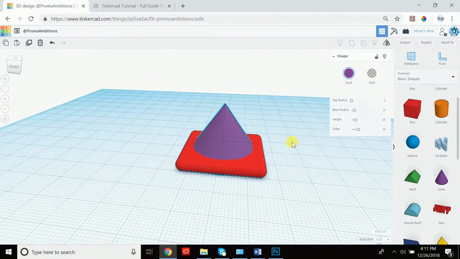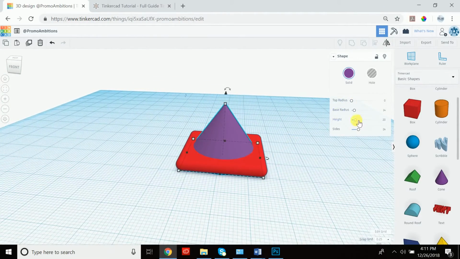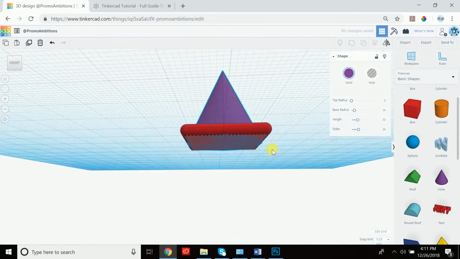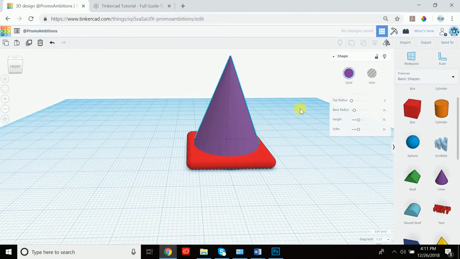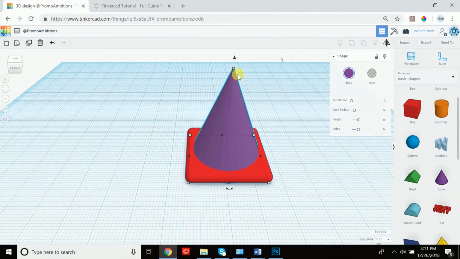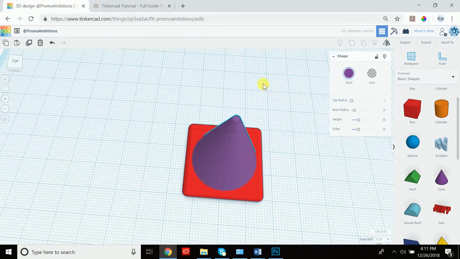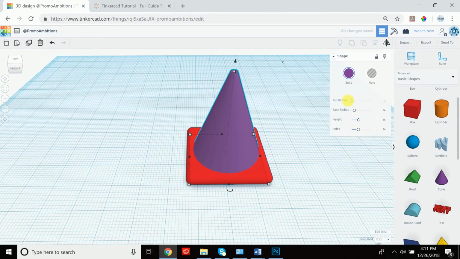So now that we have that here, let's increase the radius to, let's say, 30. It's looking more like a cone, but I actually want it a little taller, so let's say 35. I like that a lot. And the top radius is probably going to smooth out this edge here, so go ahead and do that. Oh, a bit too much. Let's try and just make it 1. Let's see what happens there. I'm actually not liking that, so I'm going to leave it